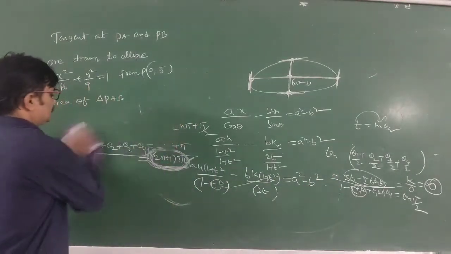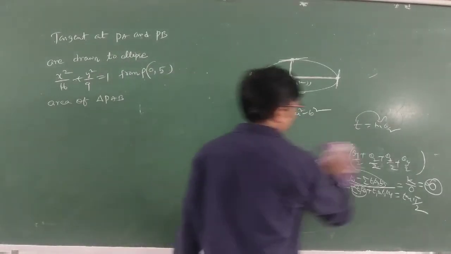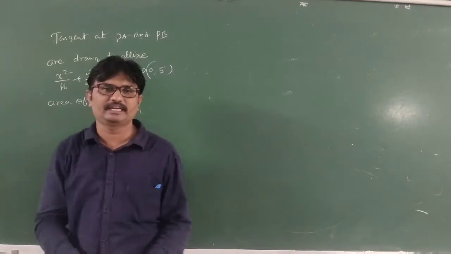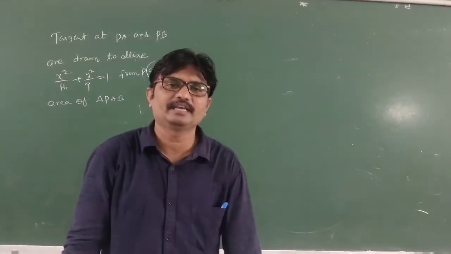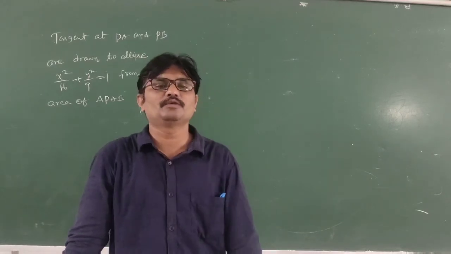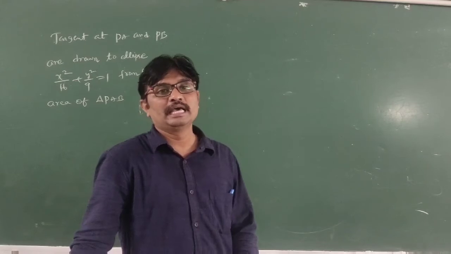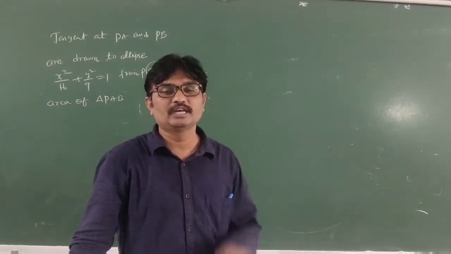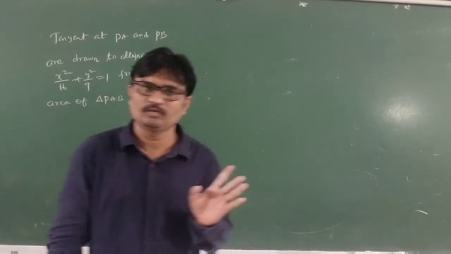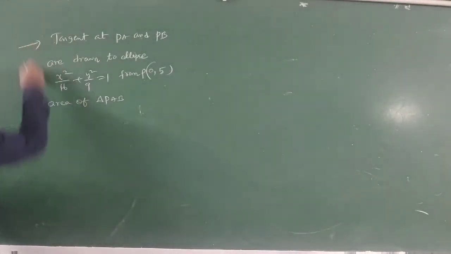That means students, there exist at most 4 normals to the ellipse. Okay students, what is the equation of the normal? It is ax by cos theta minus by by sin theta equals a square minus b square. How many normals are possible? At most 4. The sum of the eccentric angles of the feet of the normals is (2n plus 1) into pi. That is enough. Odd multiple of pi.